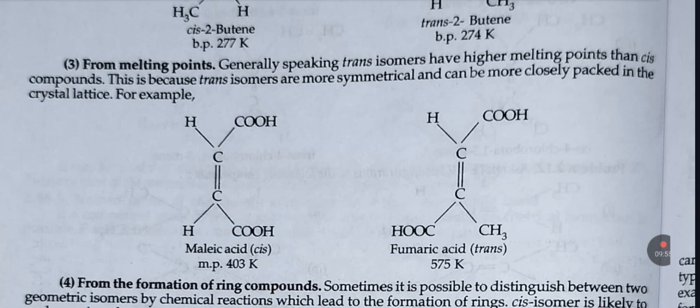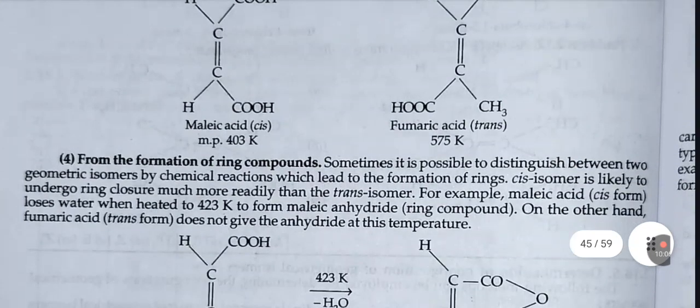For example, maleic acid, which is cis, has melting point 403 Kelvin, and fumaric acid, which is trans, has melting point 575 Kelvin. From the formation of ring compounds, sometimes it is possible to distinguish between the two geometrical isomers by